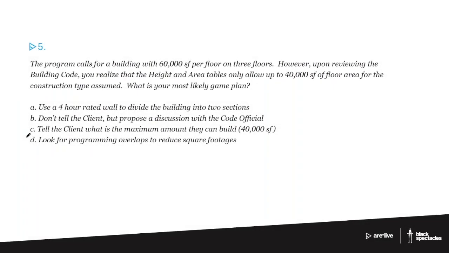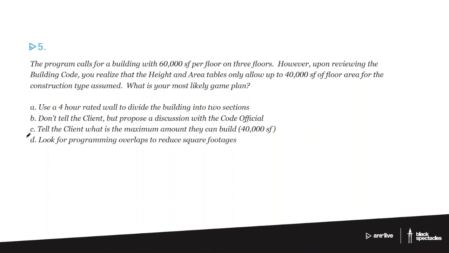Number 5, the program calls for a building with 60,000 square feet per floor on 3 floors. However, upon reviewing the building code, you realize that the height and area tables only allow up to 40,000 square feet of floor area for the construction type that you have currently assumed for the project. What is your most likely